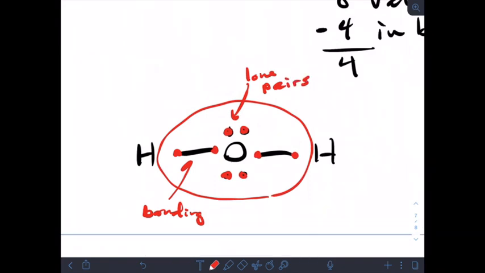Okay, so oxygen has 8. The hydrogens have as many as they can have. They can only have 2 each. So I'm all done. So let's double check with